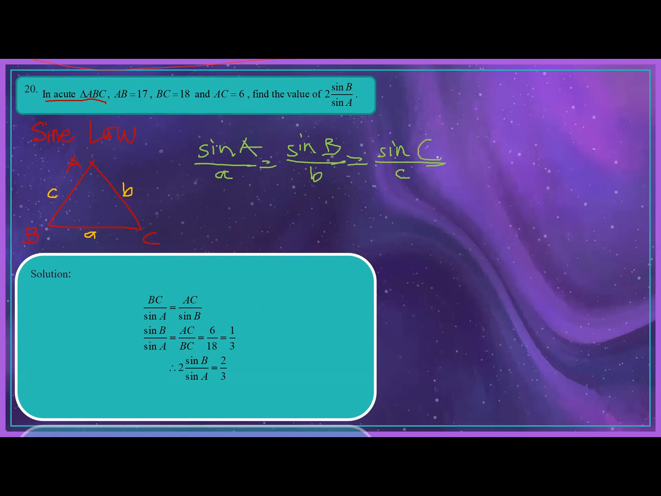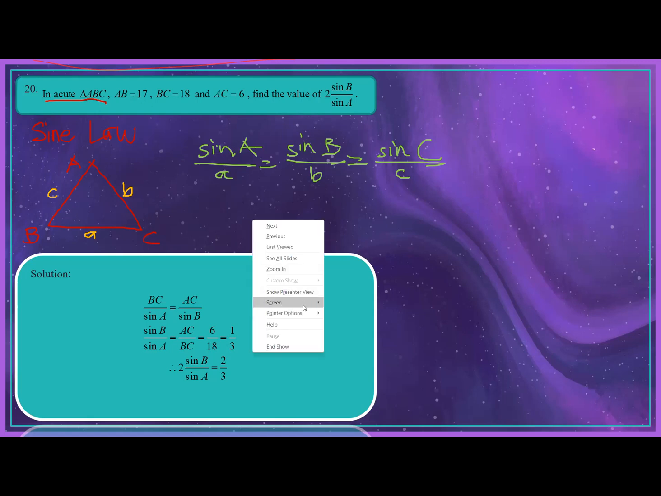Okay, so now from these equations, we can only use two, right? It's either A and B, B and C, or A and C. So now we need to find B and A. From the given,